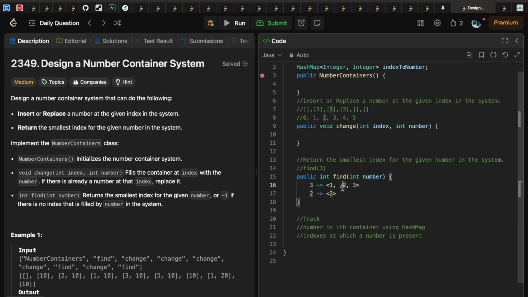So the problem here is, in our priority queue, 3 still has index 2, meaning 3 is still present at 2. So what we can do is, before putting a number, we check if a number is already present at this position. 3 was present at this position. So what we can do is, if we remove the 2 from the priority queue,